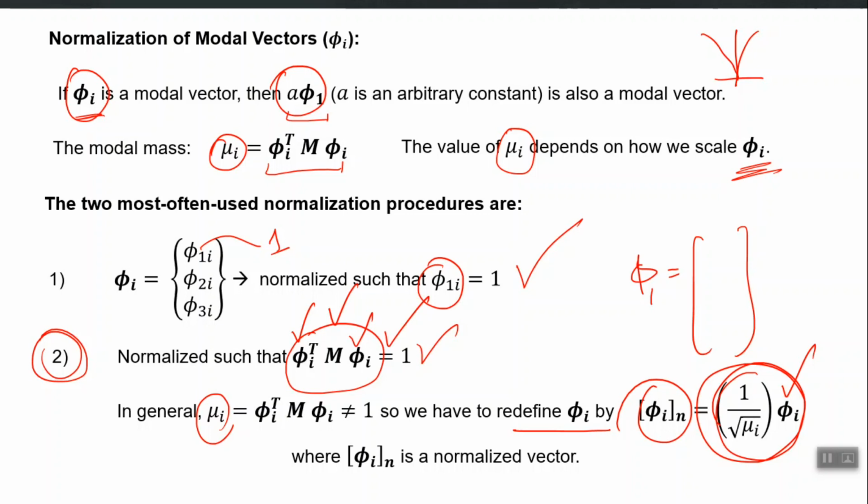By shape I mean the ratio of any two numbers along the height. This is what I mean when I say the shape is the same. So, if you divide this number by this number, or this number by that number, the ratio will always be the same, right, both negative or both positive. When the relative values are the same, it's the same shape, right. These are the two commonly used normalization schemes.